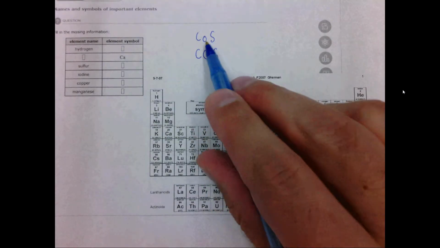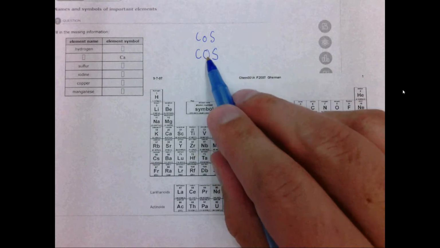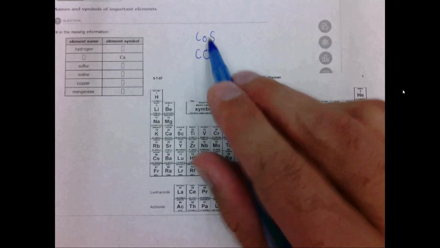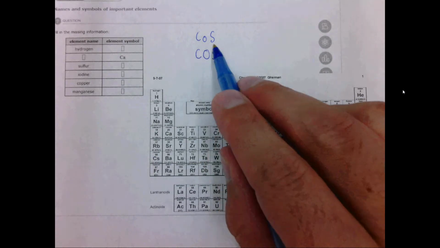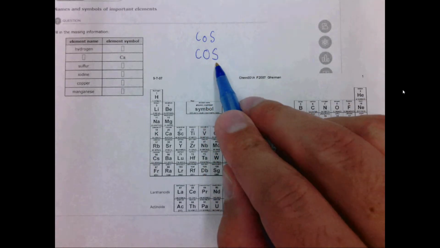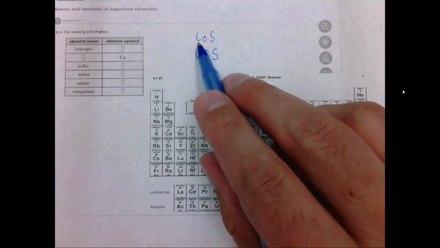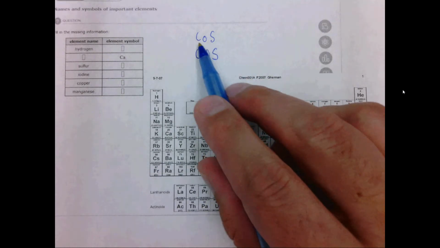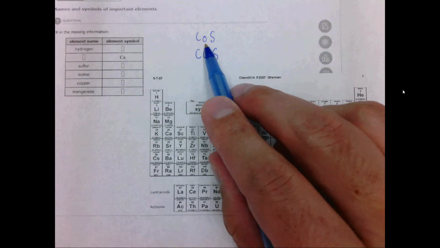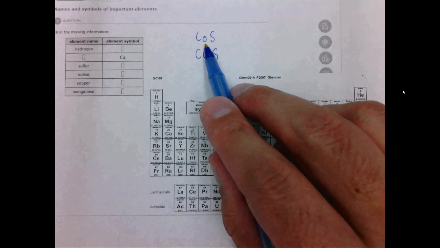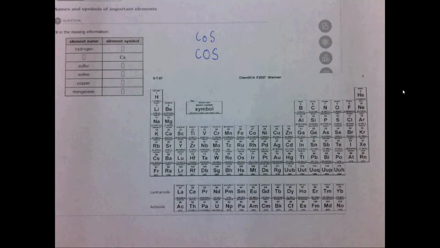So whether or not this O is big or small, capital or not, determines two different compounds, a cobalt and a sulfur, or a carbon and oxygen and a sulfur. So it's important that we put the symbols, if we mean a two-letter symbol, capital, then a small letter, like in the case of cobalt. So in this case, we're going to just go through and do a few of these examples using a periodic